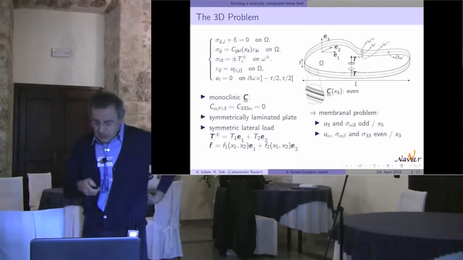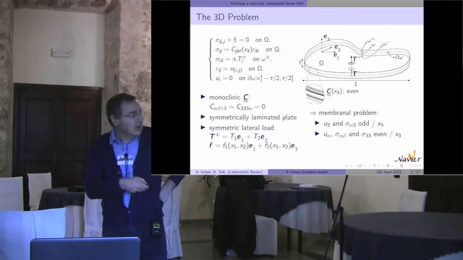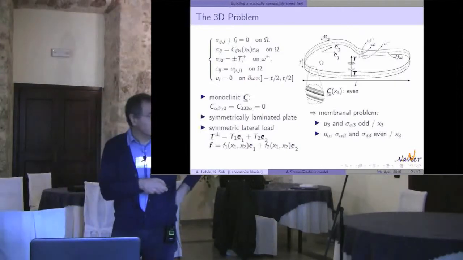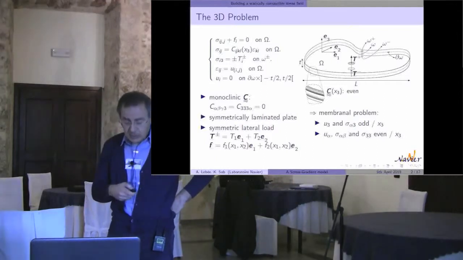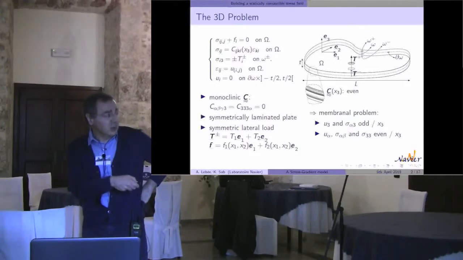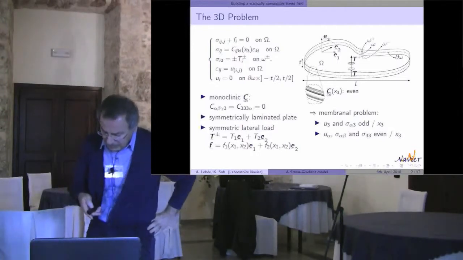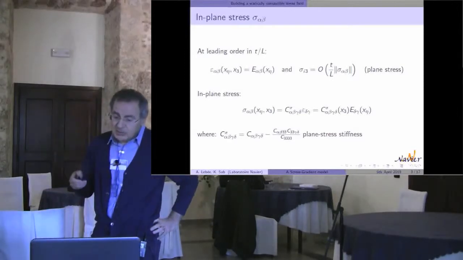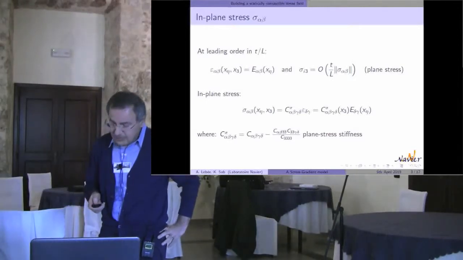So when you solve this problem with 3D elasticity, you find out that the out-of-plane component of the displacement and the out-of-plane shear stresses are odd in the thickness, while the other components are even. So by the way, if you take the average value of the out-of-plane component, it's 0 because it's odd. So you are really in-plane loading. So this is a 3D problem, and when you analyze this problem with respect to the small variable, which is the thickness over the size of the plate,